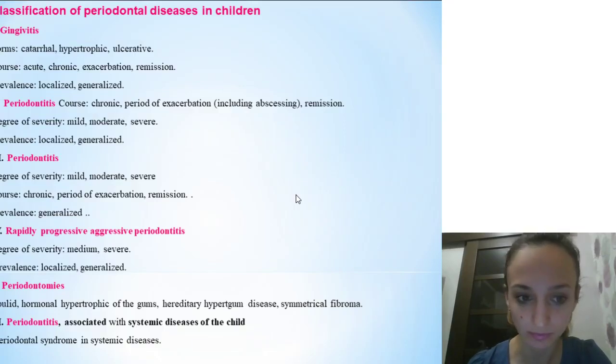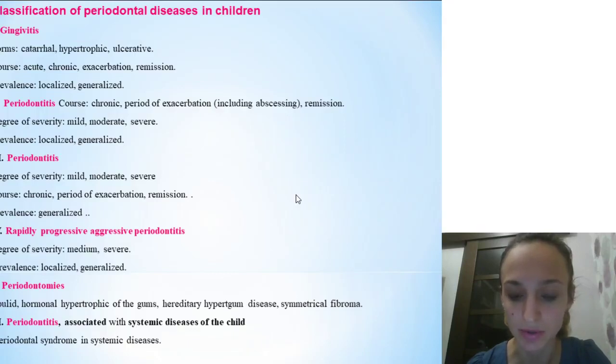Periodontitis and rapidly progressive aggressive periodontitis, medium and severe. Periodontomies, epilepsy, hormonal hypertrophy of the gums, and symmetrical fibroma,